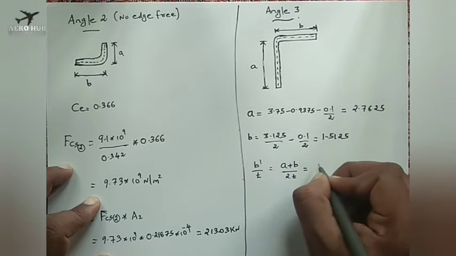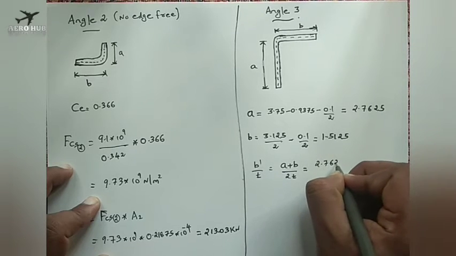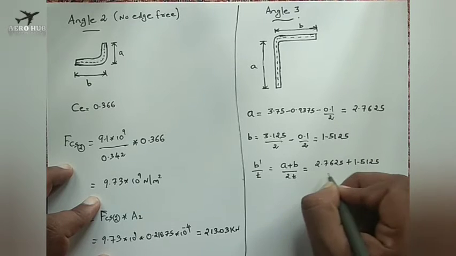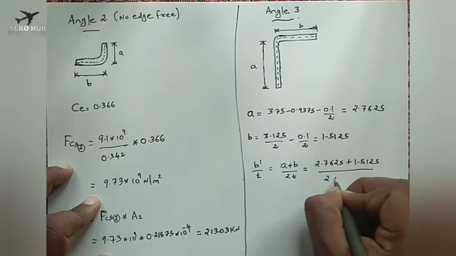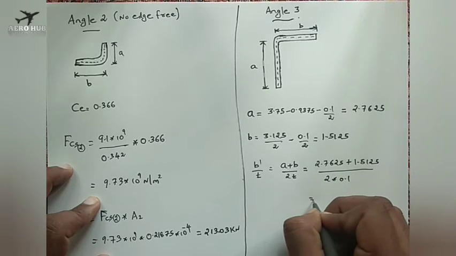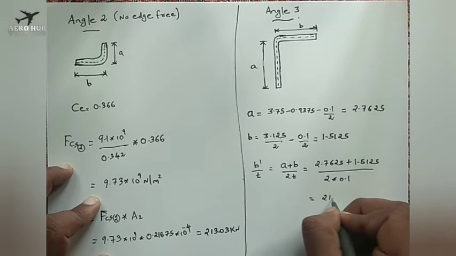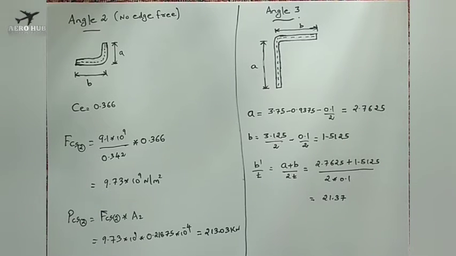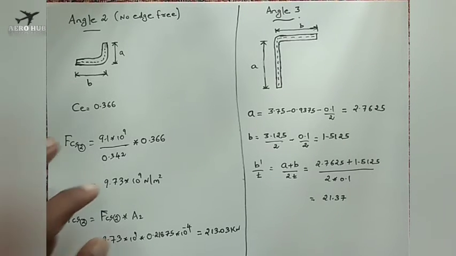So A is 2.7625 plus 1.5125 for B, divided by 2 times 0.1. So I will be getting the answer as 21.37. Okay. Now the FCS